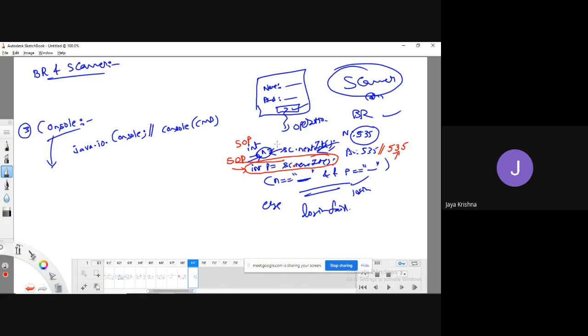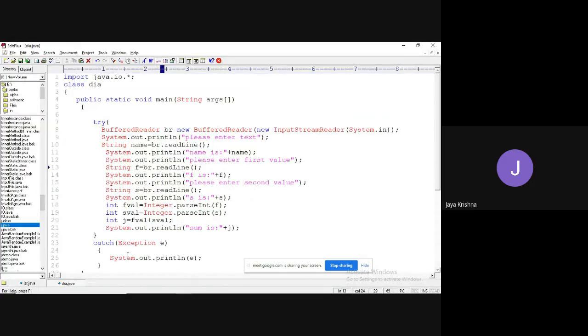Let me explain with an example once again. Let me comment this part. What I did is I'm trying to read the data from the command prompt only, through BufferedReader. Before explaining the concept of console, I will explain like this.